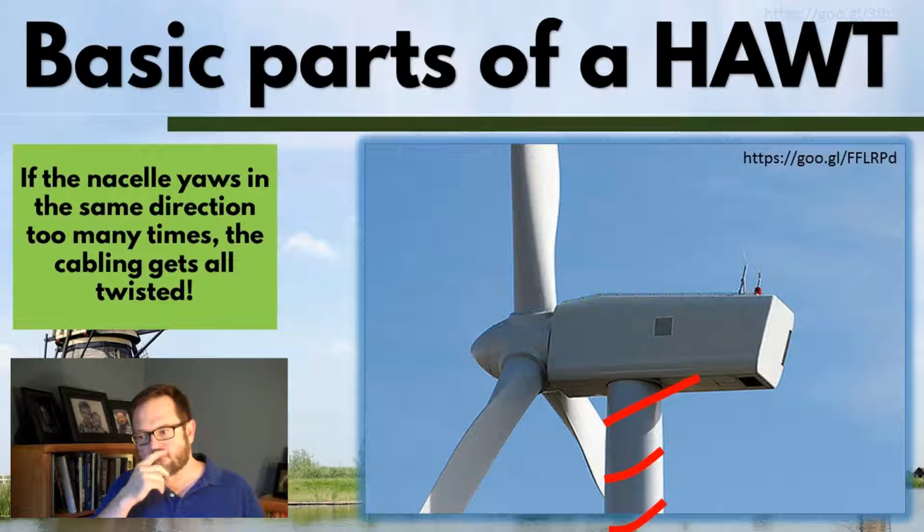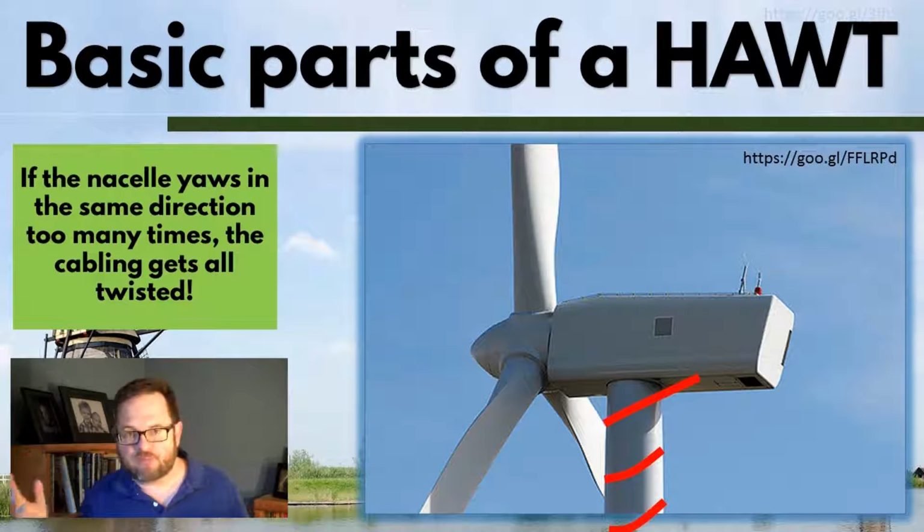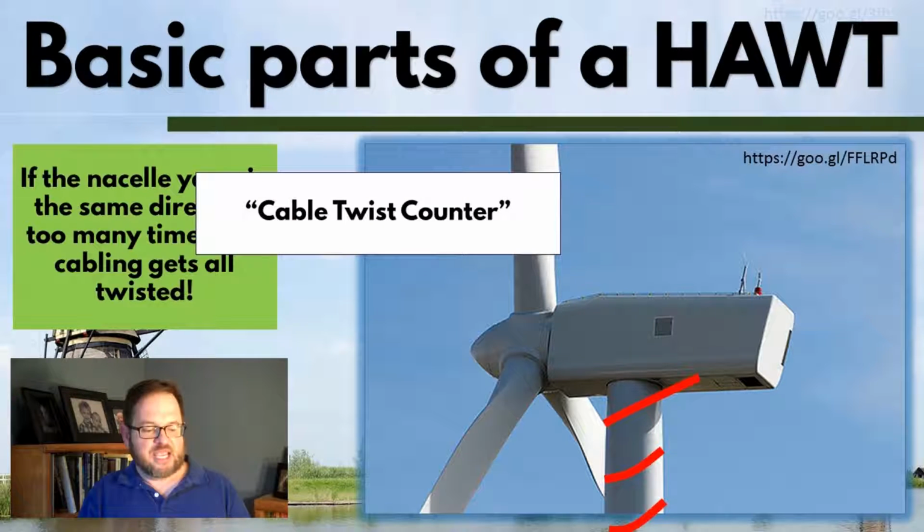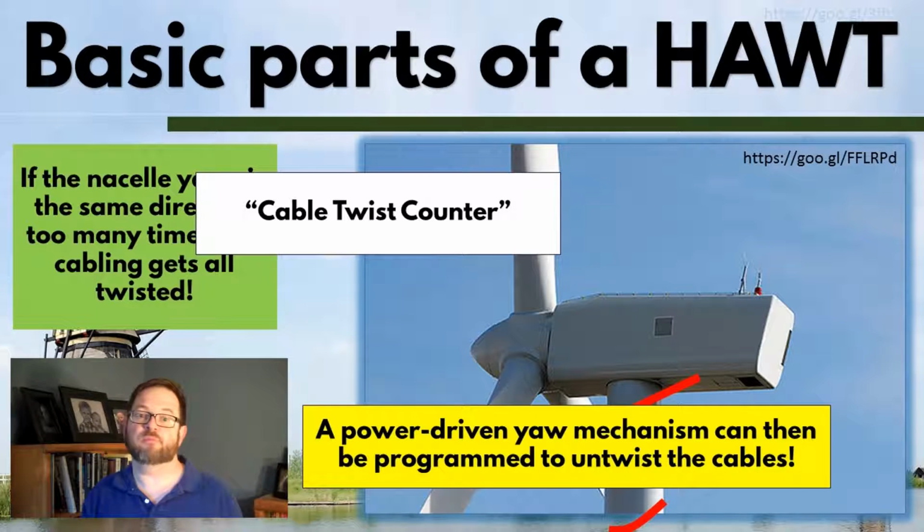Well, it's an engineering problem. You throw engineers at problems, they'll make a device that can deal with it. In this case, they have invented a piece of equipment called the cable twist counter, and it's not particularly relevant to actually show you a picture of it. It's just a little box, but it actually can measure how many twists there are. Now, what are you going to do about that? Well, if